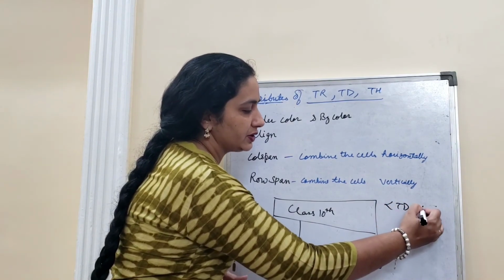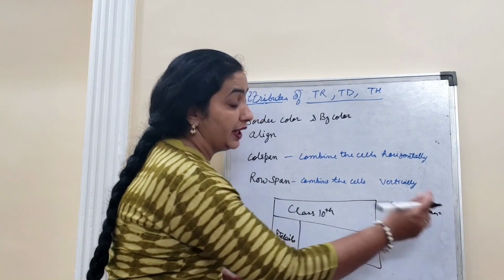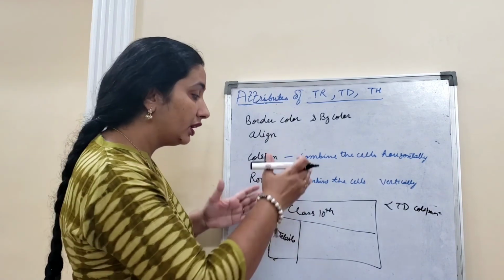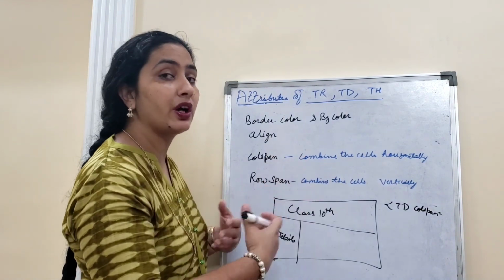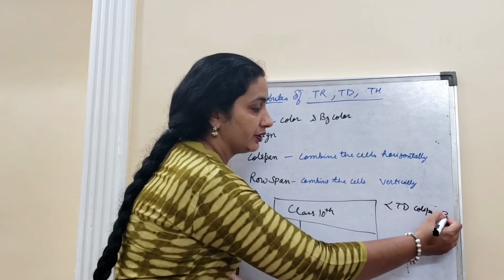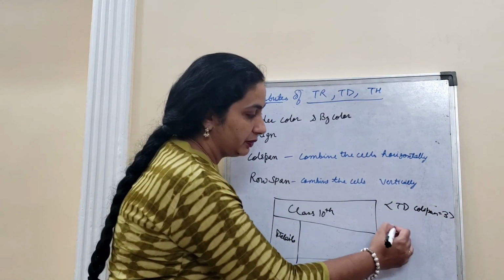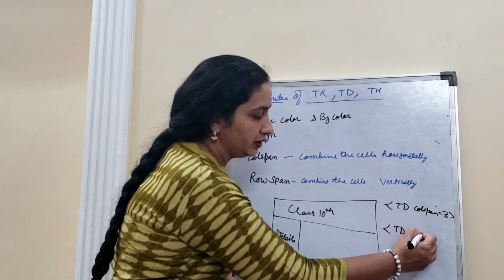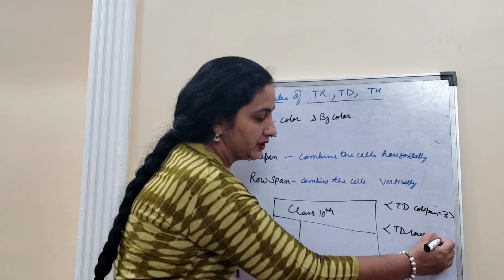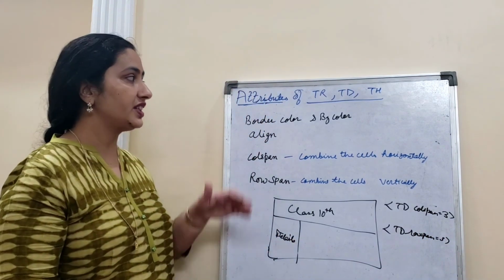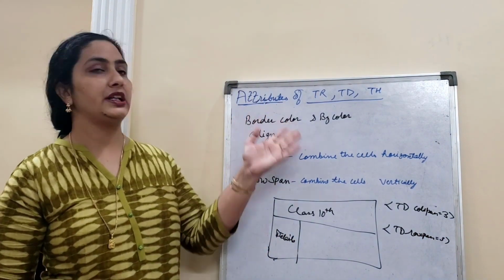TD col span equals to, now here you will specify the number according to the number of cells which you are going to merge. Okay, the number of columns which you want to combine. Row span equals to 3. So these are the different attributes of TR, TD and